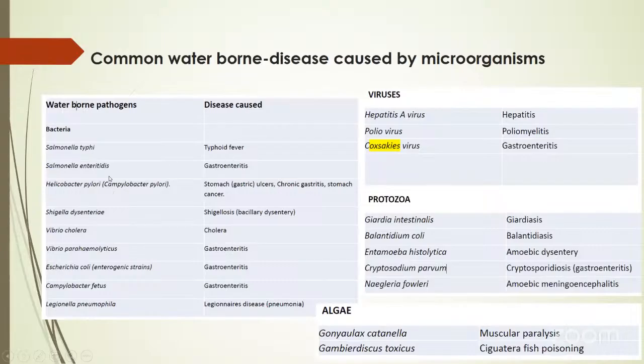Then Salmonella enteritis, gastroenteritis, a situation where somebody will have a grumbling stomach, belching, feeling full, gassing, is gastroenteritis. It can sometimes be inconveniencing, especially when vomiting is involved. Then we have what is called Helicobacter pylori. Before it was called Campylobacter pylori, but the new name is Helicobacter pylori.